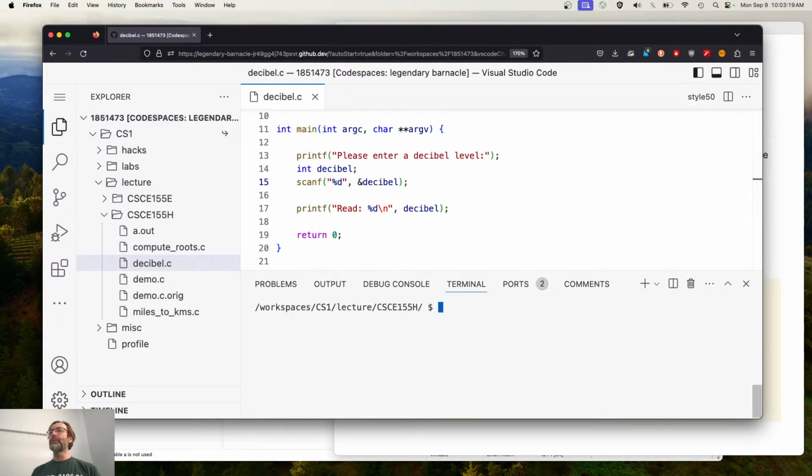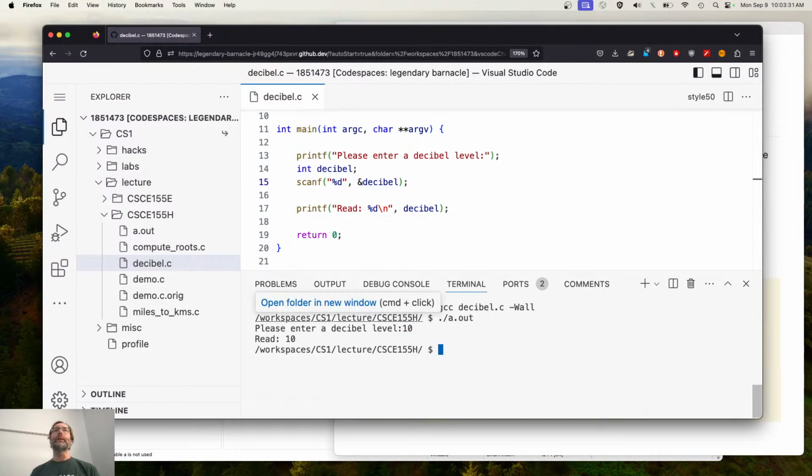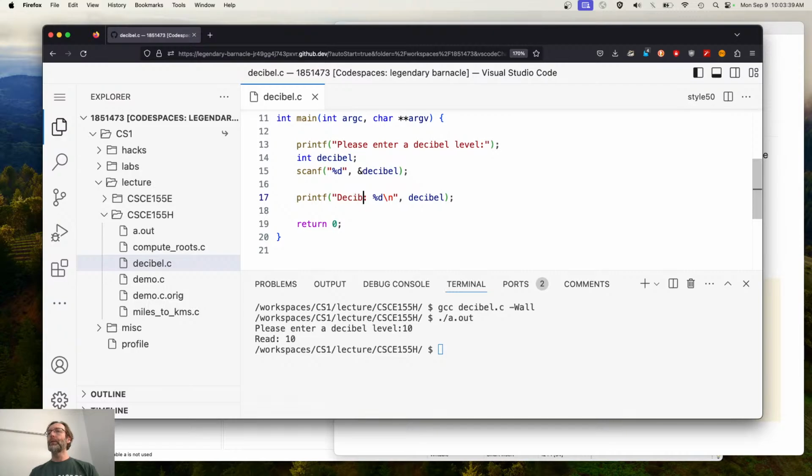Now, once I do this, both of those warnings go away because it is actually initialized by the scanf call, and I'm using an ampersand here. Right? Let's just run it and find out. Decibel level 10. Excellent. I read 10. I'm not going to keep this in here. Instead, I'm going to have an English version of this, right? Decibel level of %d